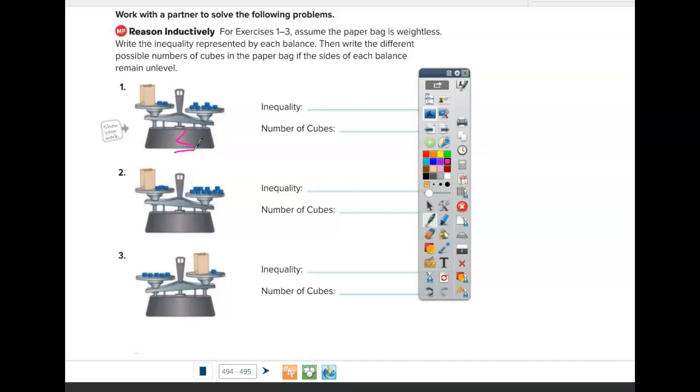On the next one, the left side is the heavier side, so you would have your sign that way. But on the third one, the right-hand side is your heavier side, so your alligator eats your bigger number. Then you're just going to write your inequality and figure out what number of cubes would need to go in the bag in order to balance out each side. Then on number 4, you're going to use that same bar diagram model that we did in the second activity to figure out